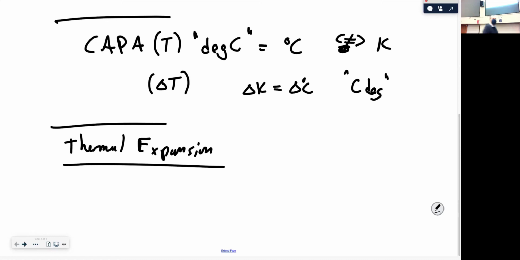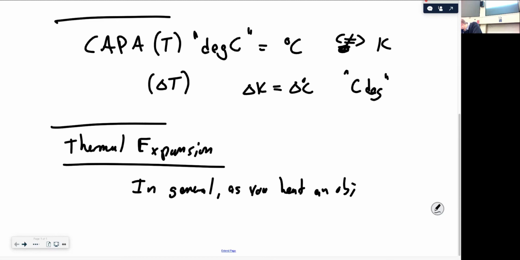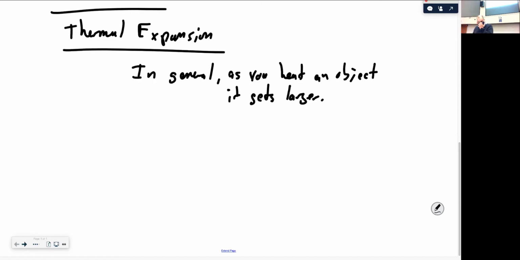Thermal expansion. In general, as you heat an object, it gets larger, with very few exceptions. How much larger does it get? We're going to think about this in two ways. In one dimension,